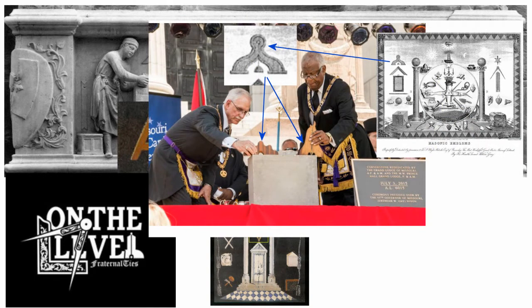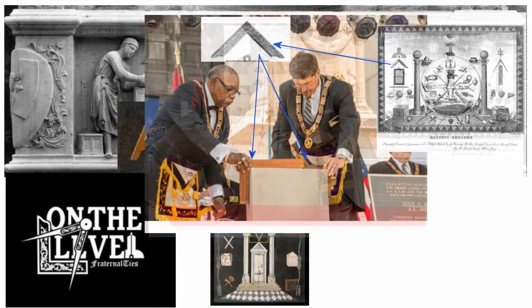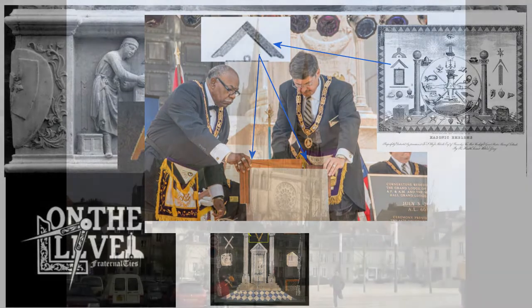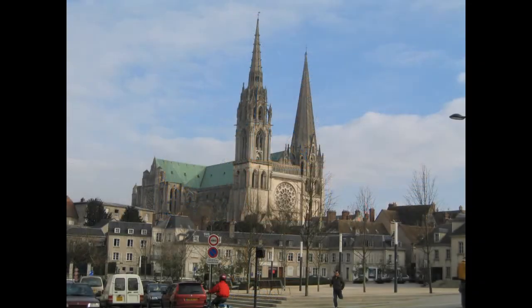But we still see it's still an important legacy of it. And the Odd Fellows and Masons still operate as mutual aid societies. You look after your brother, so to speak. And just some shots from a previous video, like how in the Missouri state capitol building, the cornerstone ceremony, and